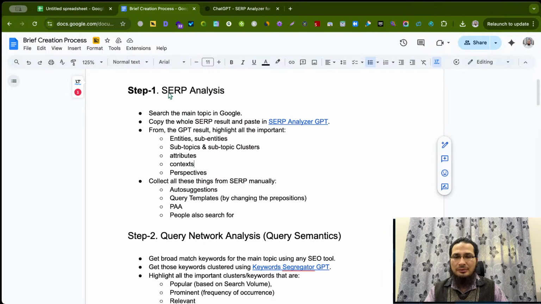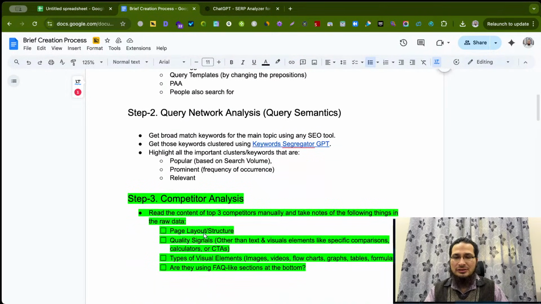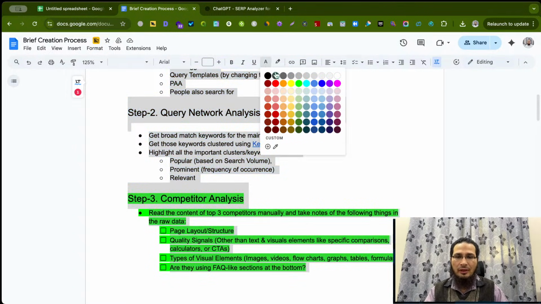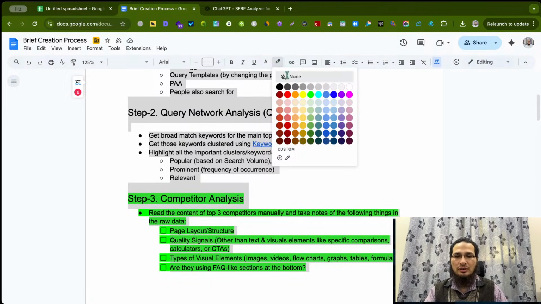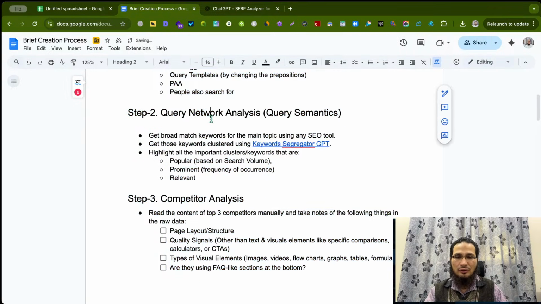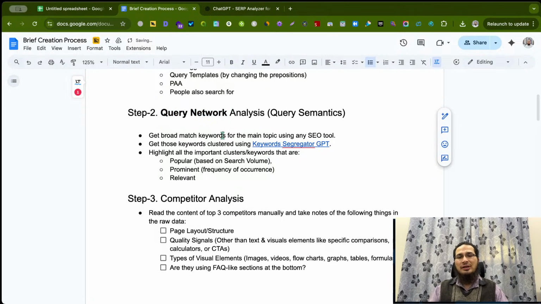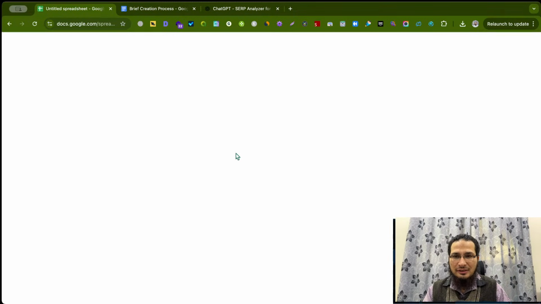After doing SERP analysis, the next step is query network analysis. From any SEO tool, we need to find the query cluster, the query network of our target topic. When we say query network, it means the list of keywords around a specific topic or specific context or a specific user intent. If we start our practical process,